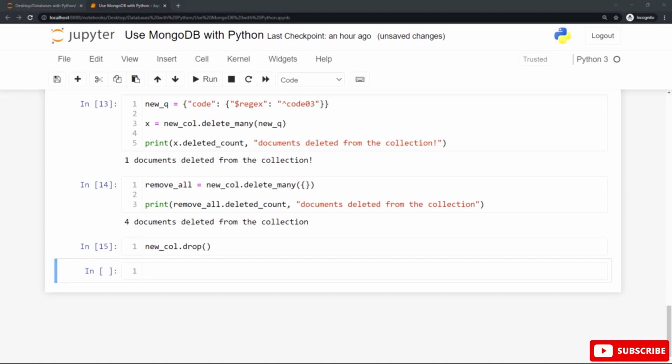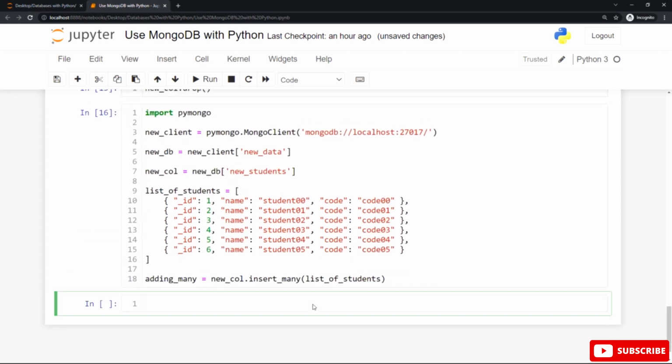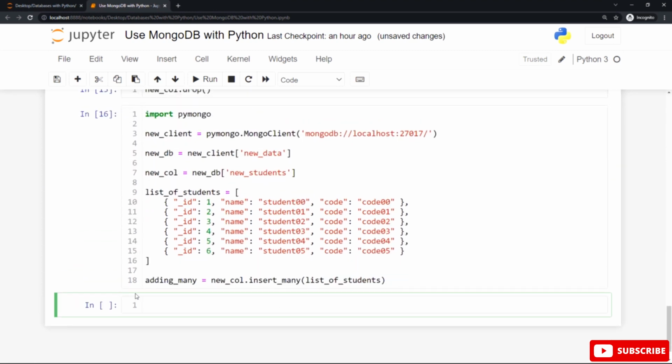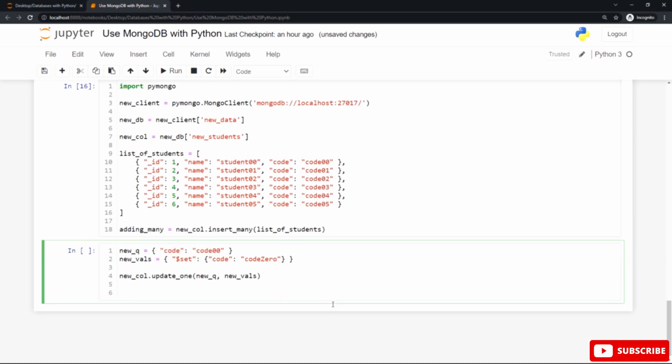Let's insert the previous data into the new students collection again, to update it using the update_one and update_many methods. You can see we have an example here. We created a query called new query with code OO, and then new values.